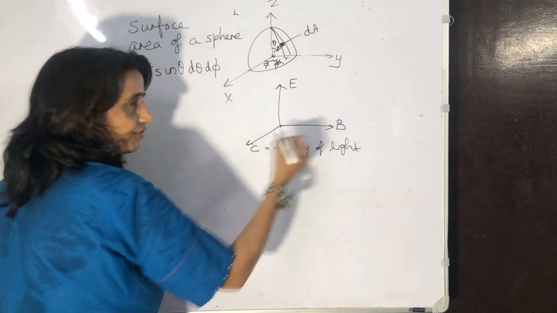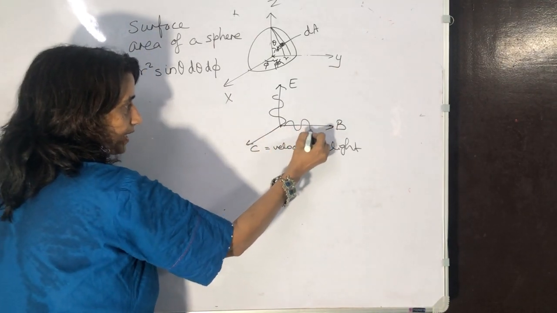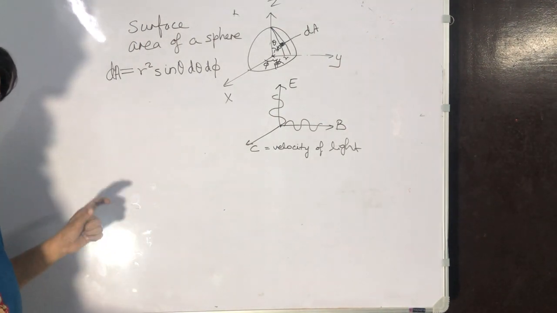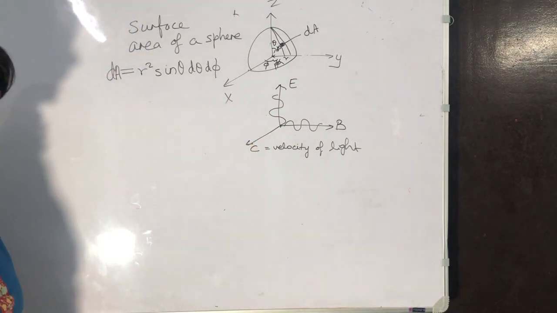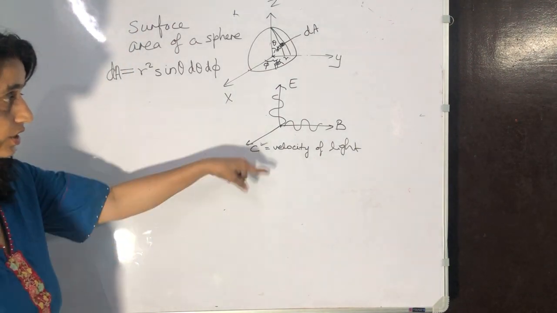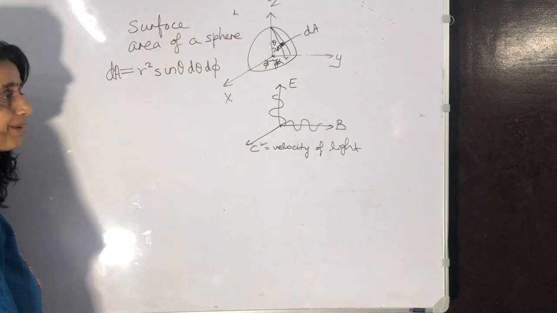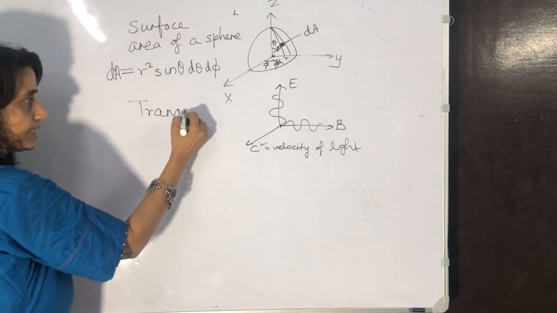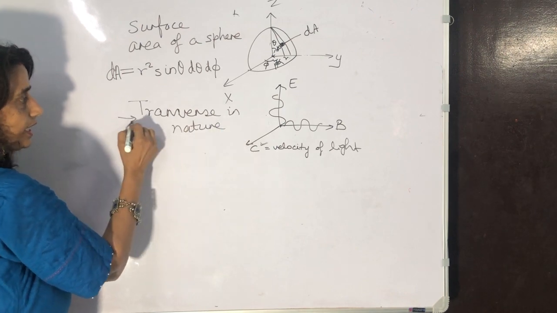When such a wave travels and the electric field varies, a magnetic field gets produced; when the magnetic field varies, an electric field gets produced. So the coupled oscillating electric and magnetic fields that move with the speed of light, and of course exhibit wave-like behavior, are known as an electromagnetic wave. These waves are transverse in nature. We will be proving this. They are transverse in nature.